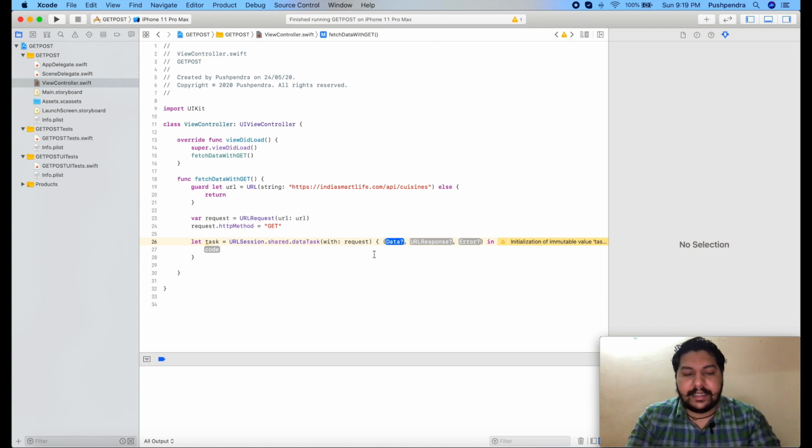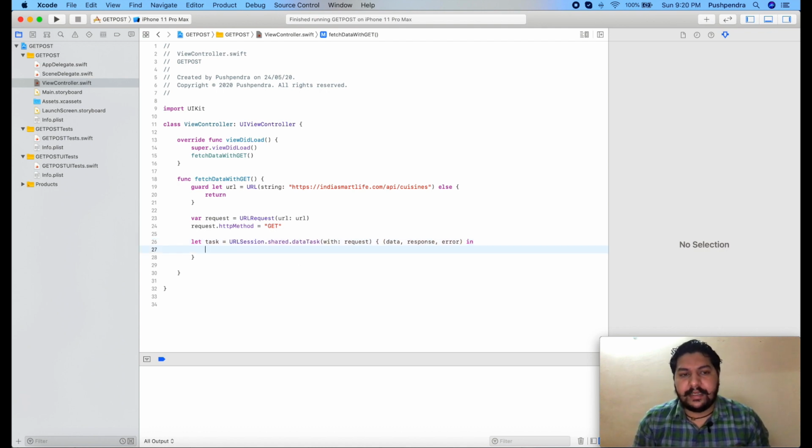So here that data will come. URL response means response of the URL, like whether this is the valid URL or invalid URL, means the method is getting called, it's returning 200 or not. So response. Finally error, if any runtime error occurred, okay.